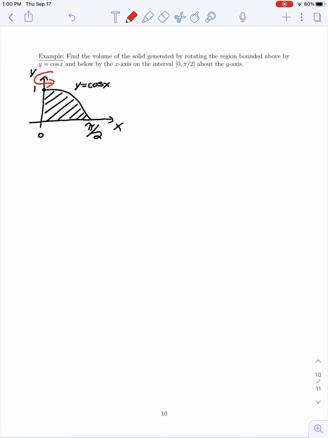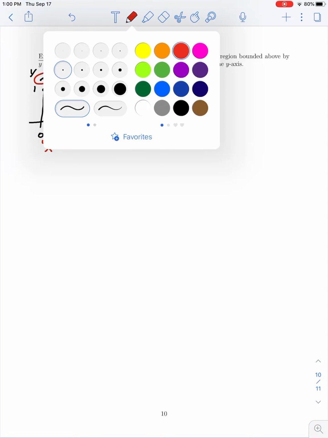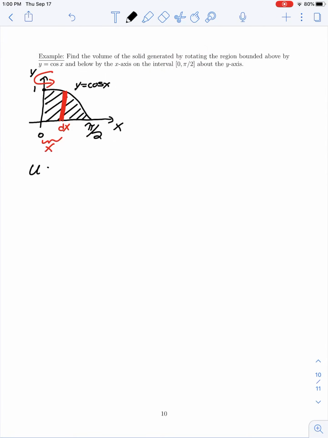So here, since our curve is bounded above and below by functions of x, it might be easiest to think about slicing this region into vertical slices of a small width dx taken at a distance of x units from the y-axis between 0 and pi over 2. And we can see that if we revolve that vertical strip about the y-axis, a vertical axis, we would get a cylindrical shell. So using shells